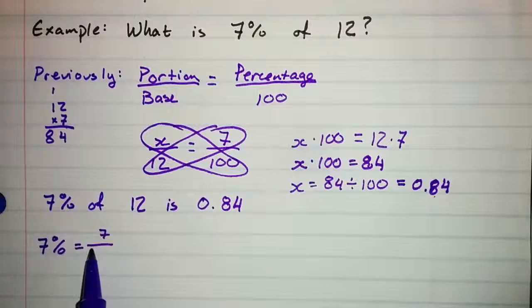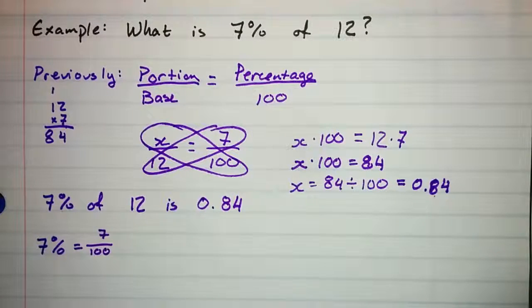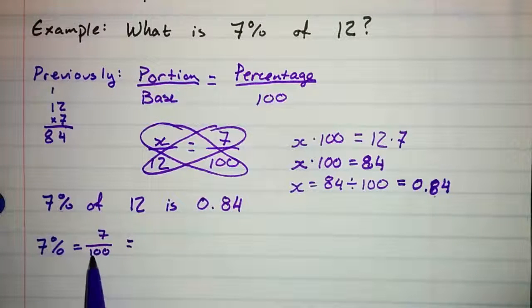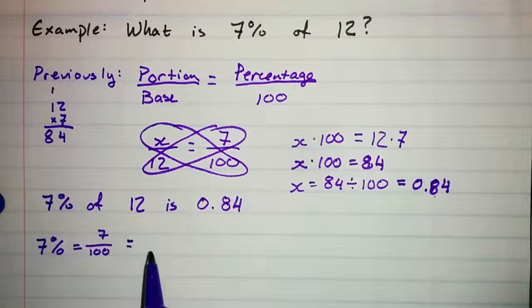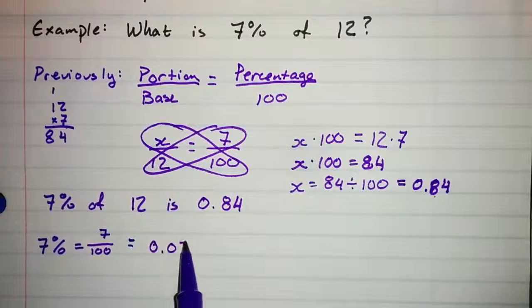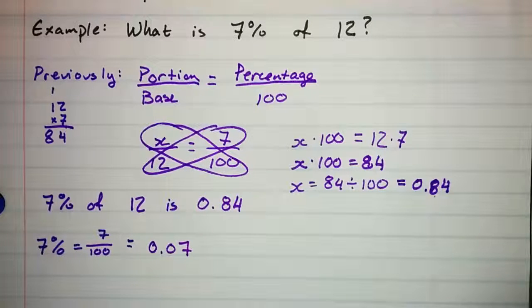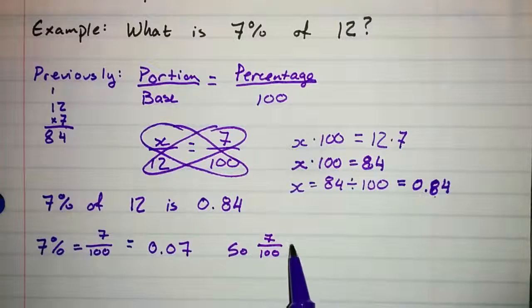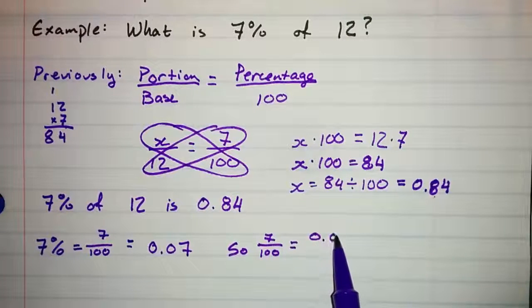That's 7 hundredths. 2 zeros in the denominator, therefore 2 digits after the decimal point, 0.07. That is, 7 over 100 is 0.07